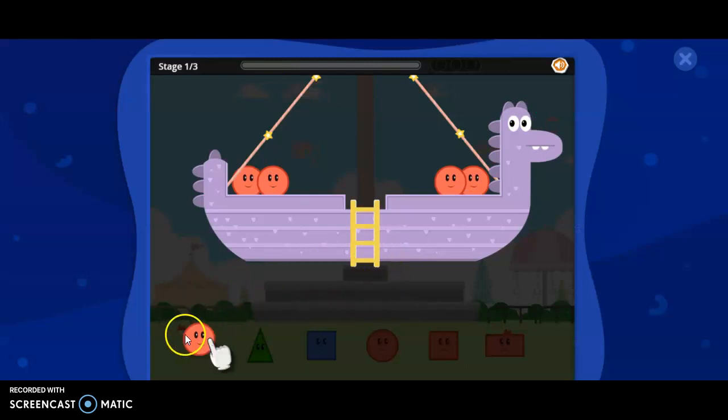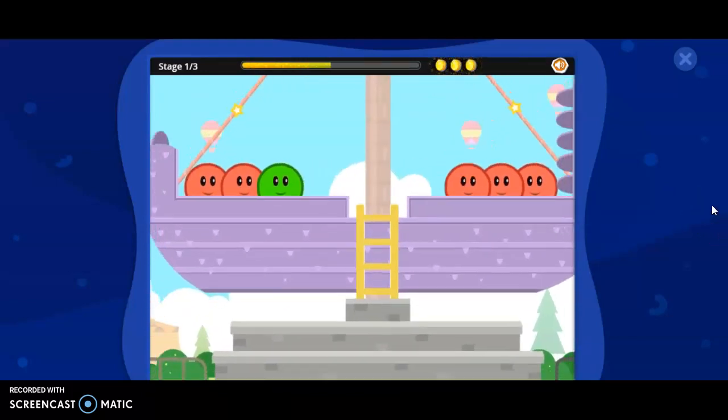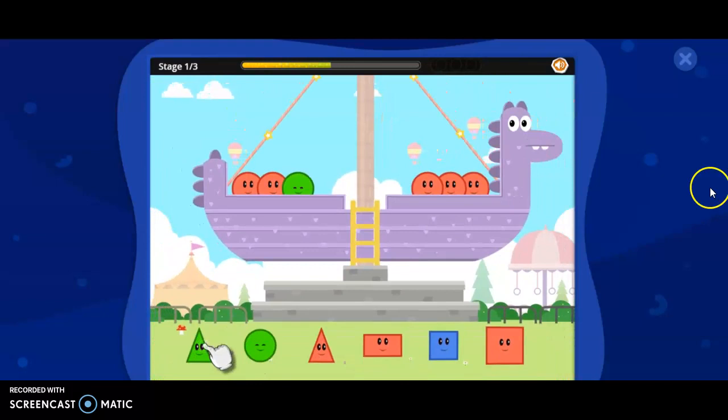Circle. Okay, so we're clicking the circles now. Awesome. Okay, and as you can see, you're just clicking on the shapes and you're bringing them in, and it tells you the name, so it'll say triangle, and I'll click every triangle that's presented to me here, and they'll get on the little ride, and then it will celebrate, and students will get a chance to do this with lots of different shapes, and eventually